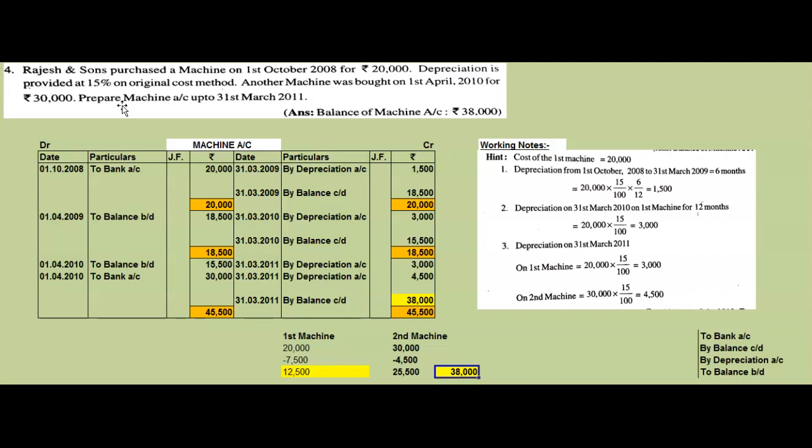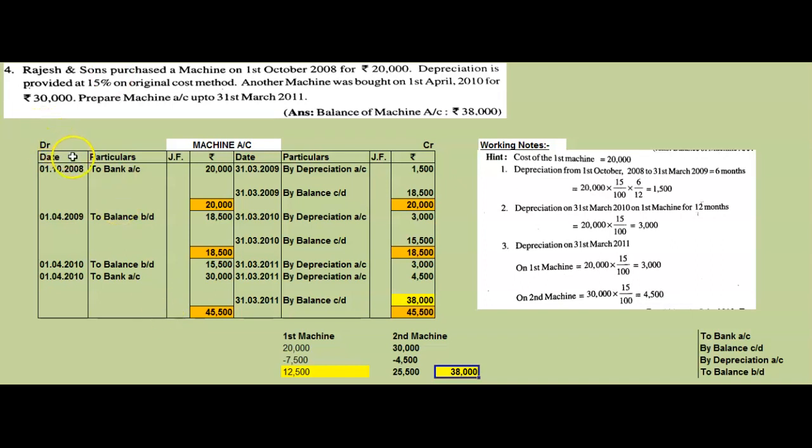Because it is a live class, we explain on the board, and some of the points you may understand easily. There is no difference between the live class which we teach on the board and this online class, because almost all the points we are covering two or three times in a problem. That's why I make sure that I teach only one problem daily, not more than that, because you have to understand easily. Once you understand the concept, once you understand how to do the machine account, you can do any number of problems. Many problems I will give you.